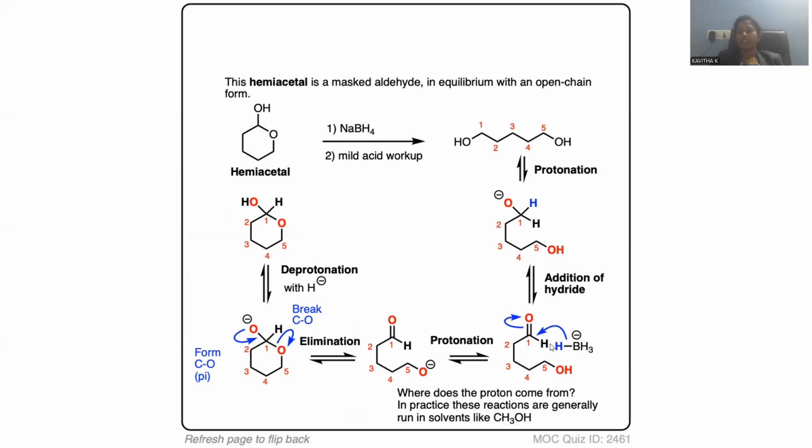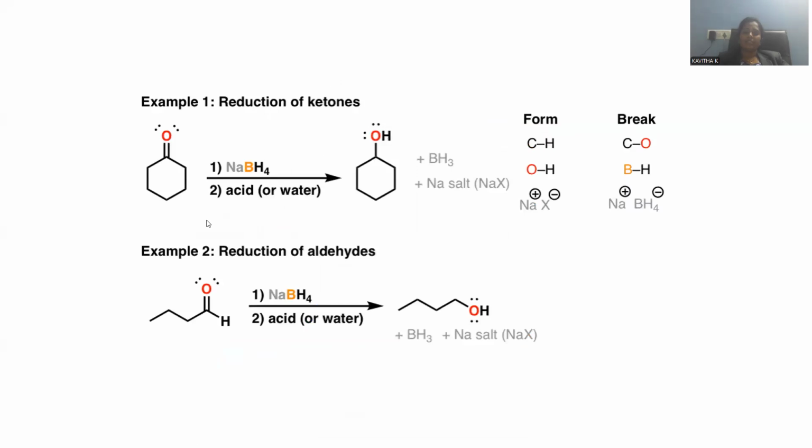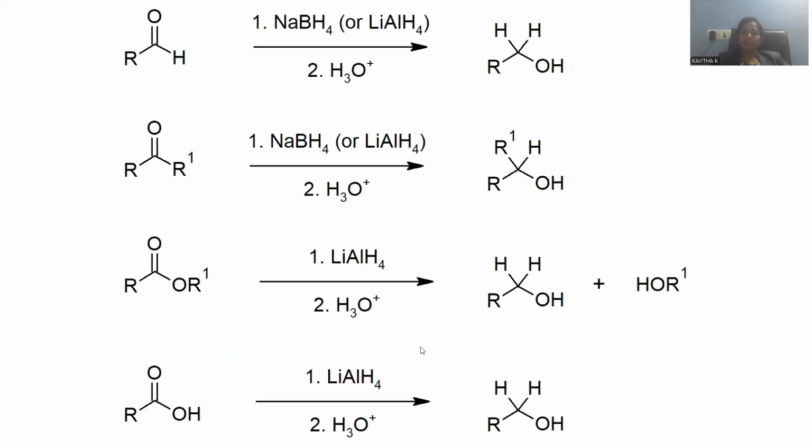The aldehyde generated is further treated with sodium borohydride, and that aldehyde turns into alcohol. So in this manner, on one edge you can notice hydroxyl, that is by protonation. On the other edge, the aldehyde will be reduced by sodium borohydride, giving rise to hydroxyl. This is the way diol formation is possible whenever hemiacetal is subjected to sodium borohydride reduction. And there is another example, cyclohexanone giving rise to cyclohexanol, aldehyde giving rise to primary alcohol.